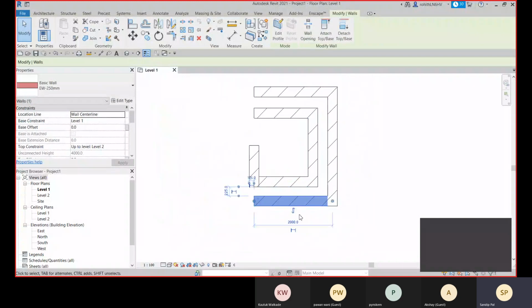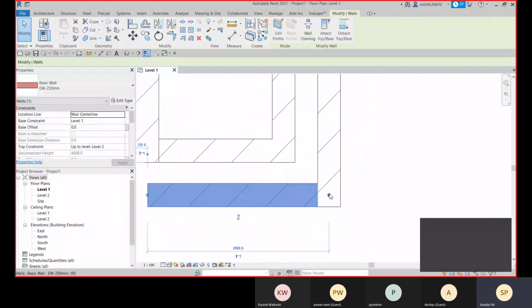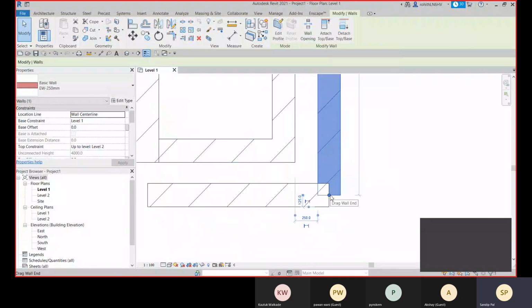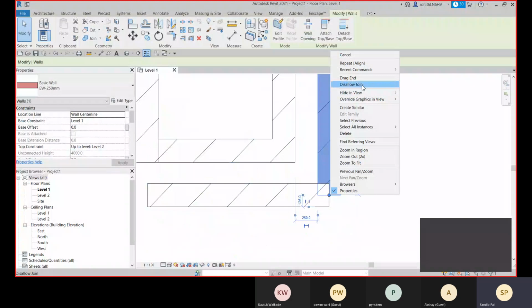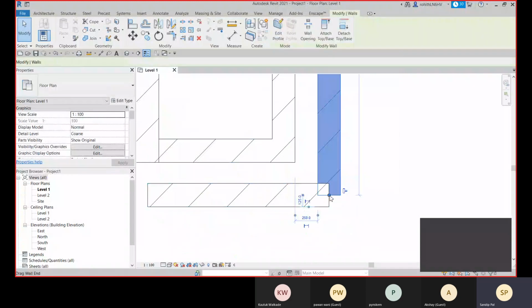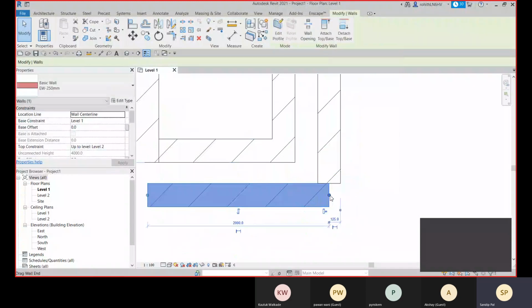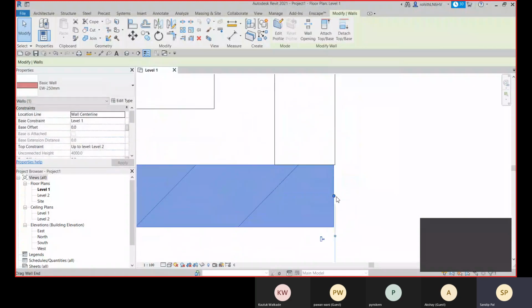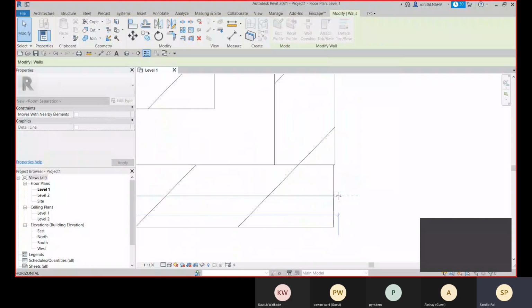And if you need to displace them, right click on that endpoint, disallow join, select it, and for this also disallow join, and then only you can drag it like this. And then you can align it again.